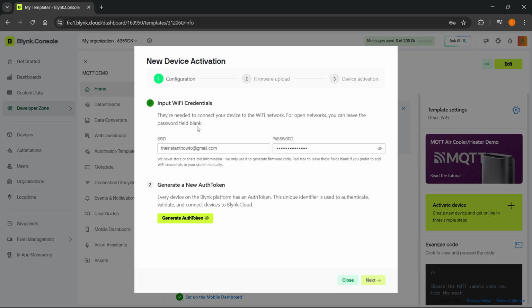And then from here, the first thing that's going to happen is usually it's going to require you to input Wi-Fi credentials or not, depending on which device type you actually selected. And then down here, it's going to say generate a new auth token. Now here is where you can click on generate auth token, and then here your token is going to be displayed. You can click to copy and it's going to get copied to your clipboard, then click on next, and